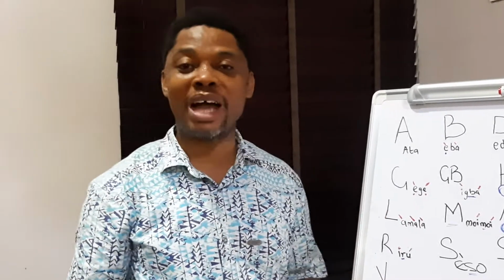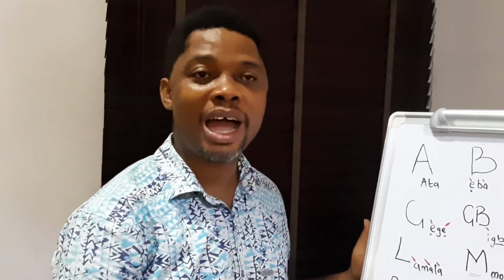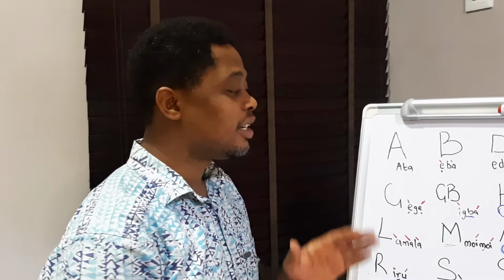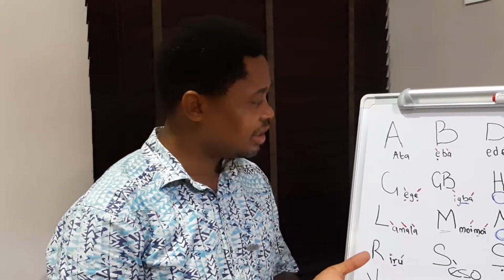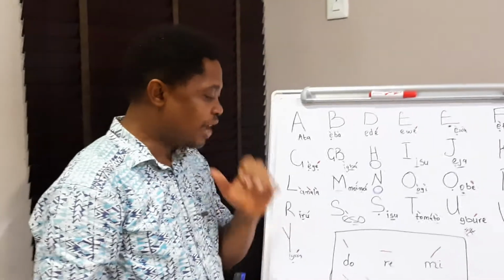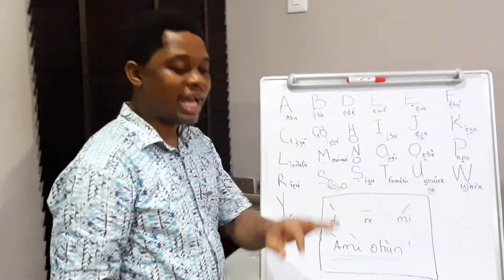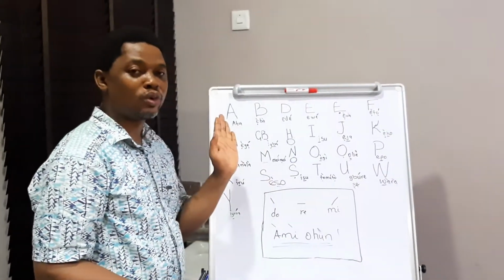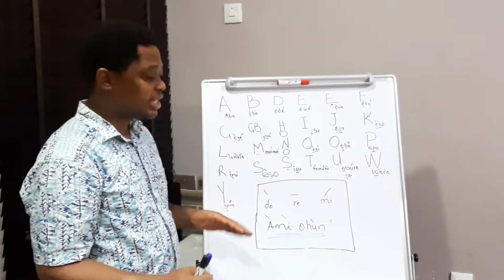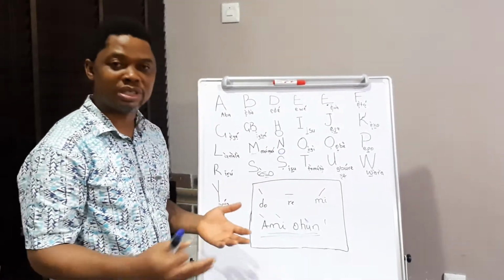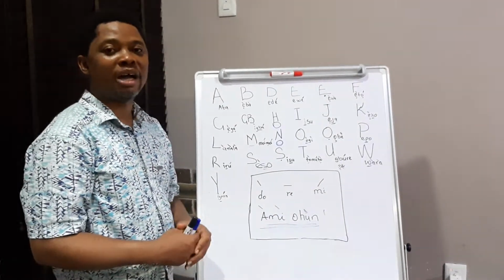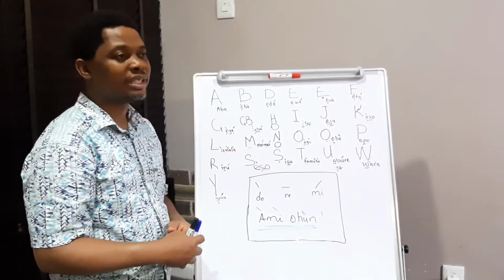So we have received feedback that we've been speaking so much English, whereas this is a Yoruba class. However, we need to first communicate to be able to pass knowledge across. But we believe that you have been able to learn the alphabets in Yoruba and also the sounds in Yoruba. There are three basic sounds in Yoruba, which are do, re, mi. Don't forget that for do, we always look at the left, while re is flat, but we don't normally put the sign. Anytime you see a vowel without the sign, you know it's re. And mi is always looking at the right.